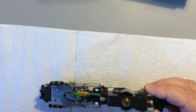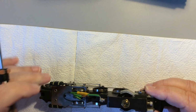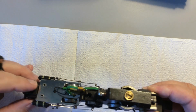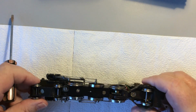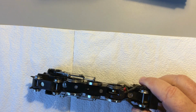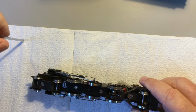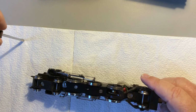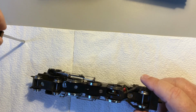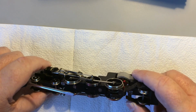three-rail Dublo city, and there's a hole in the chassis here through which you can fit a standard three-rail pickup, such as you would find even on the bottom of an N2. They're in reasonably plentiful supply second-hand. I'm fairly certain that they're available from parts dealers as well. So you can take this off and you can fit that, and then what you would do to